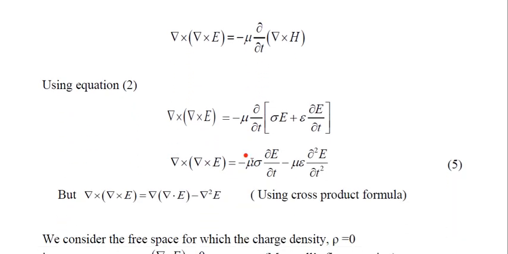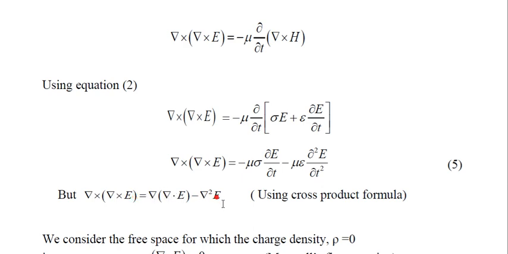Here del cross H is equal to sigma E plus epsilon into dou E by dou T. Then this equation becomes del cross E, or you can say curl of E, is equal to minus mu into sigma dou E by dou T minus mu into epsilon dou 2 E by dou T square. Equation number 5. Now we have to use here the formula for cross product, that you studied in vector